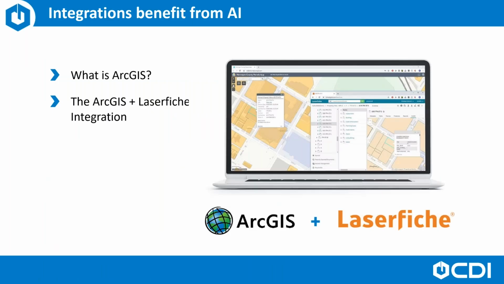So for those who might not already know, ArcGIS is a very popular integration target for Laserfiche. It's the ultimate power grid for geographic intelligence, and it fuses the data from various sources, including Laserfiche, onto visually pleasing maps. It doesn't just make maps, it builds immersive 2D and 3D digital twins of the real world, revealing hidden patterns you just would never see in a spreadsheet. And it also has built-in AI tools and can benefit from the AI tools in Laserfiche or these third-party LLMs.